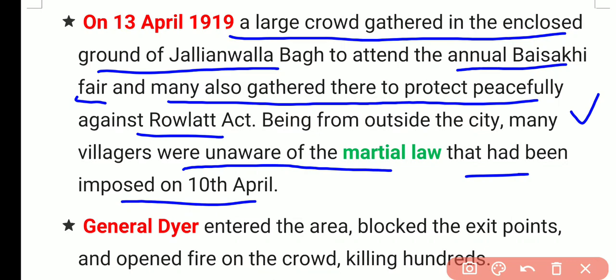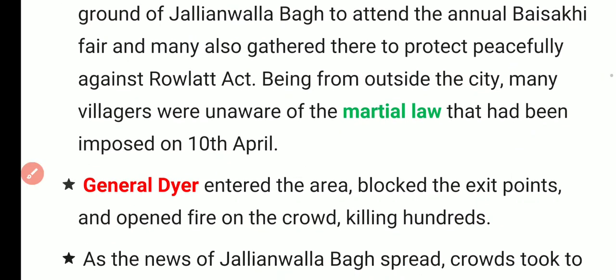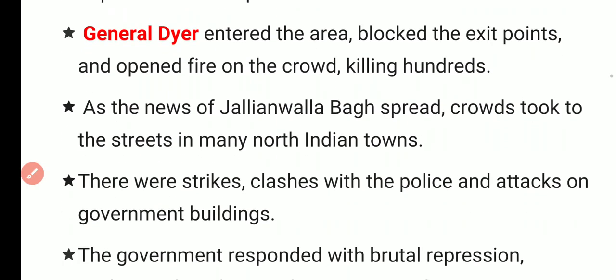But the people who gathered at Jallianwalla Bagh were not aware because they all were from outside the city area. So the people on 13th of April gathered at Jallianwalla Bagh in Amritsar for two reasons. First, many people gathered there to celebrate the Baisakhi fair, and others were gathered there to protest peacefully against that Rowlatt Act. General Dyer, a British official, entered